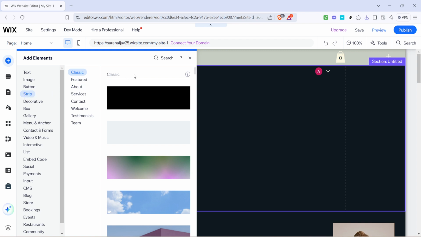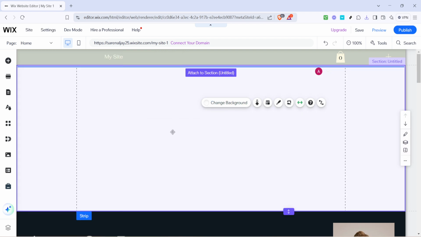Next, you'll want to hover over the Classic option. The Classic style is a versatile choice that provides a clean and professional look to your strips, making them perfect for any style of website. As you hover over the Classic option, you'll notice several templates or styles to choose from. Feel free to explore these options, but remember you can always customize your strip later to better fit your site's design. Now select one of the classic strip options that you feel best suits your design aspirations.